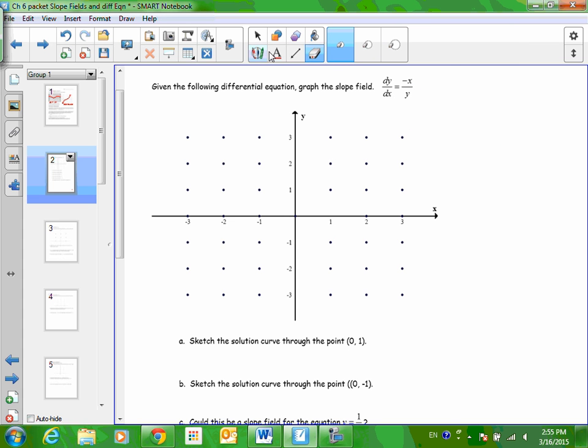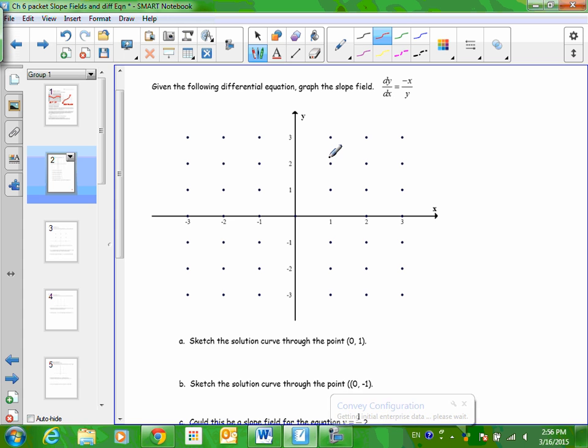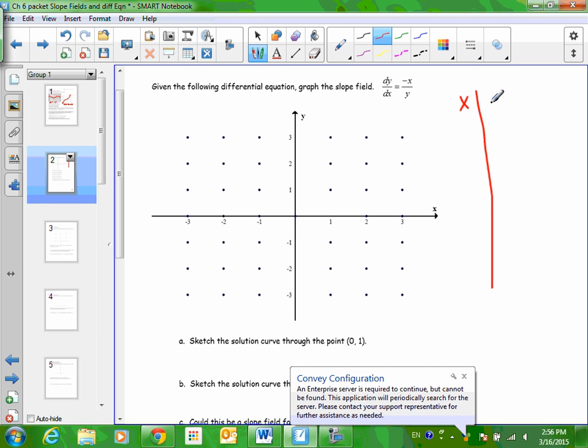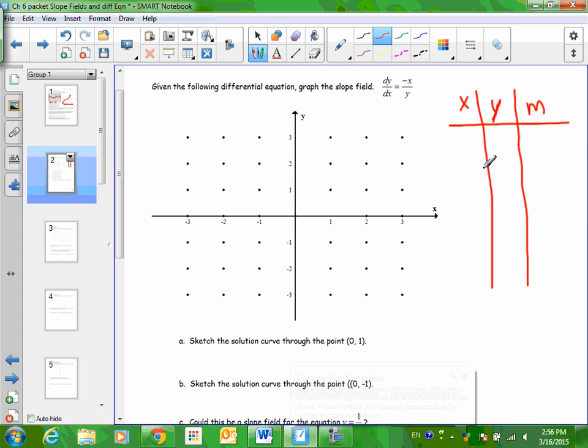If there was only an X, then what would be true about my columns? They would be the same. And if there was only a Y, I think you girls back there had the one with only Y, what did you notice? The rows were the same. And so noticing those kinds of patterns really makes this easier. I'm having a very difficult time drawing straight lines today. That's okay. So if you don't know where to start, draw a little X, Y, M